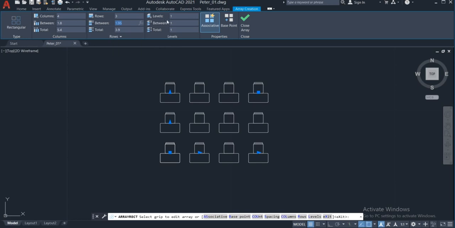And levels, if you have a 3D system, but we don't use the 3D system, we are speaking about the 2D system here. So we are focusing on the columns part, so the distance between two columns. How can we calculate it? You can see that the distance here is 120 centimeters, but what had been set here between the columns is 180. So it means that there is at least 60 centimeters between both of them. So if I put 120 like that, and hit enter